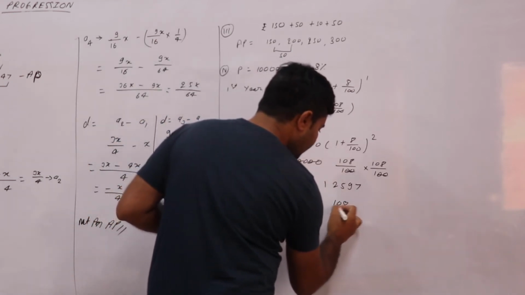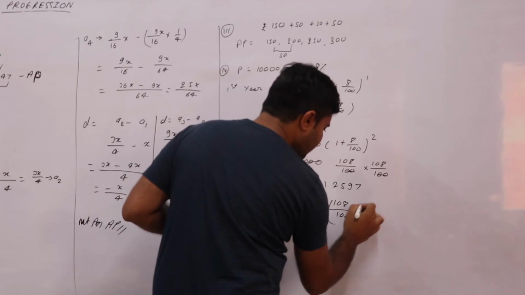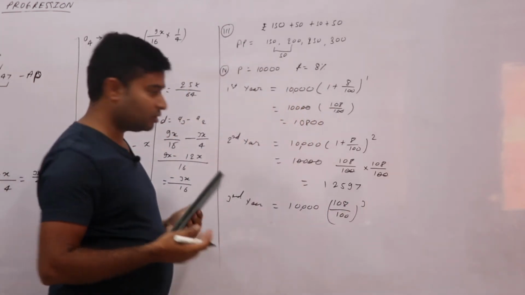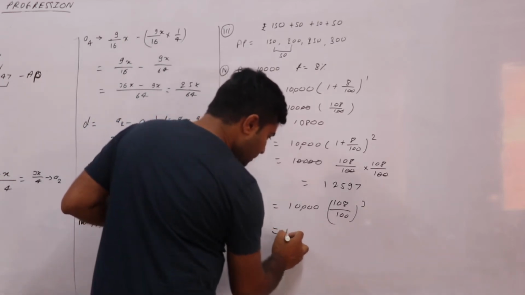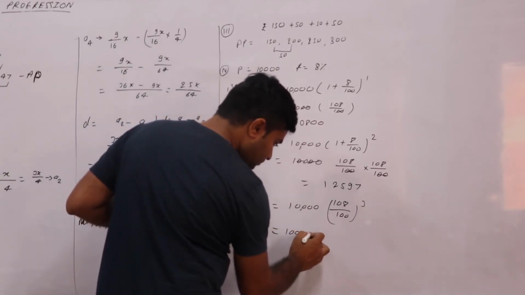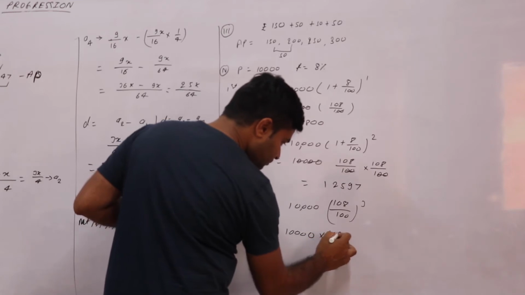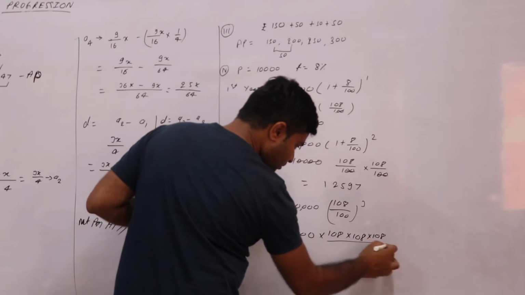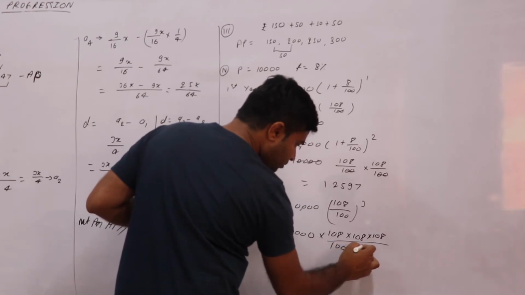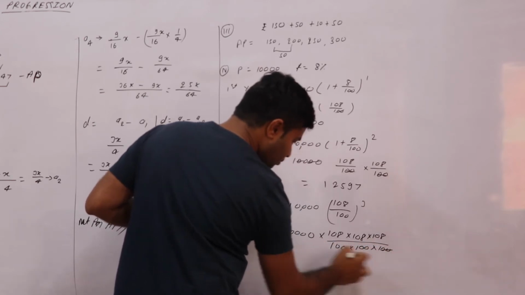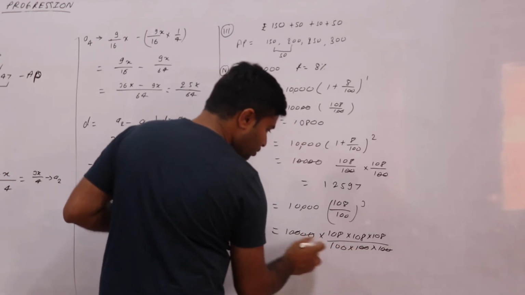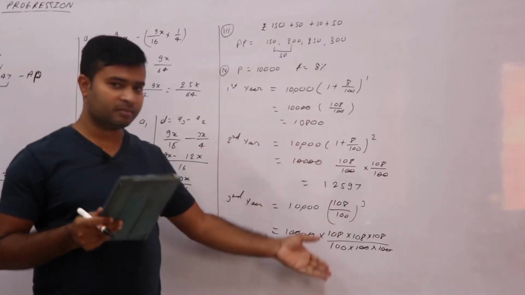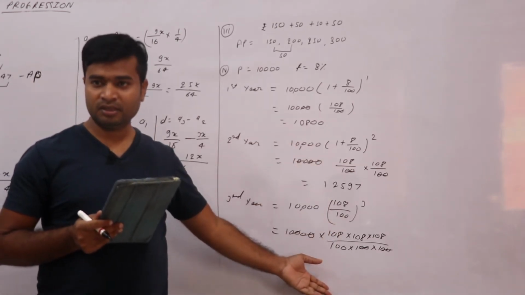Into 10^8 by 100 to the power 3. Directly I am writing, because only the power will change, right? Yes, sir. Next, by 100 into 100, 202, 20, 202, 20. Still this much multiplication is remaining, right? So anyhow the value will come too big. Yes, sir. Here the value will come too big.